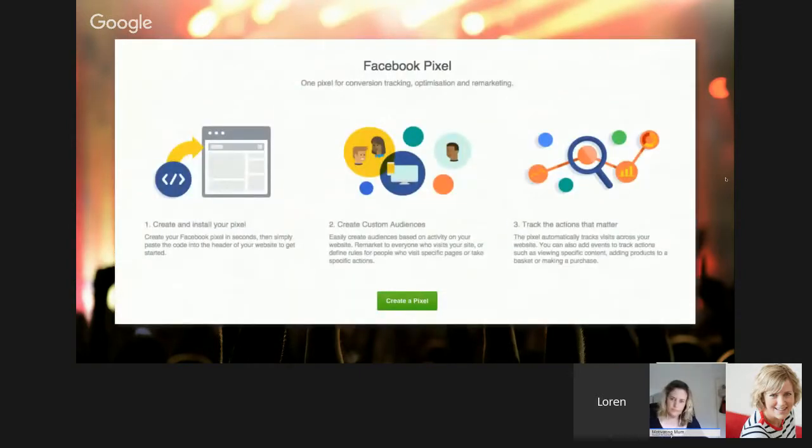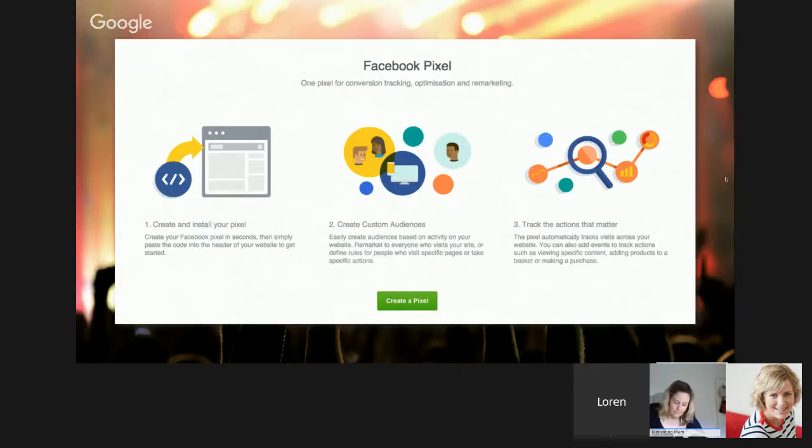So if you go into the Ads Manager tool or into Power Editor, there'll be a place where you can go under Audiences, and you can create the Facebook pixel. And again, like everything that Facebook does, they make it quite easy for you to get this code. The hardest bit for a lot of people is actually getting the code on the website. So you have to put this within the head tags of your website, and if me even saying that freaks you out, you'll either need to get your website developer to do that, or install a plugin that's going to allow you to start tracking that.